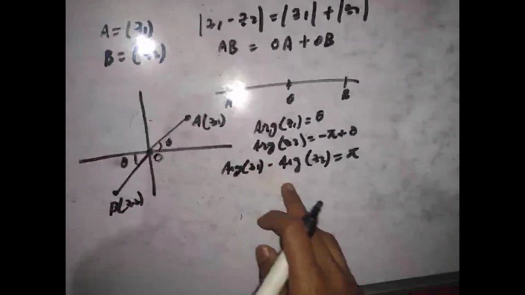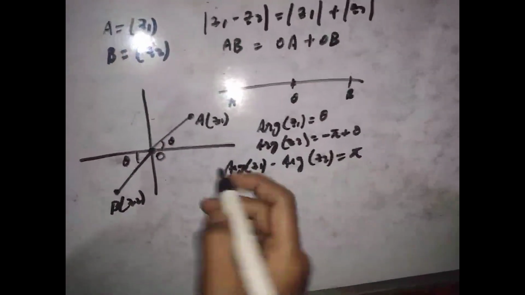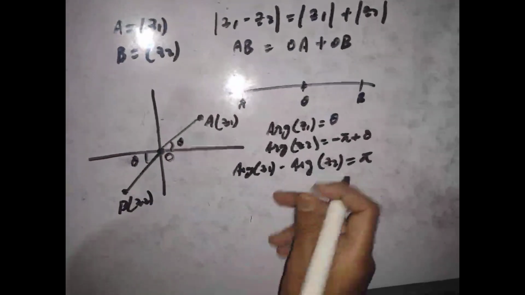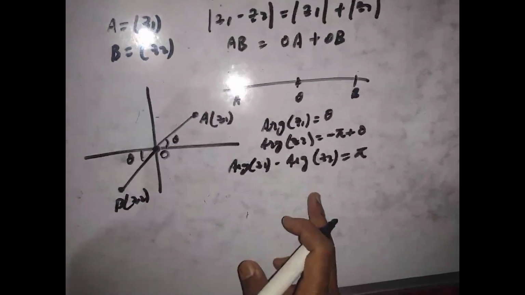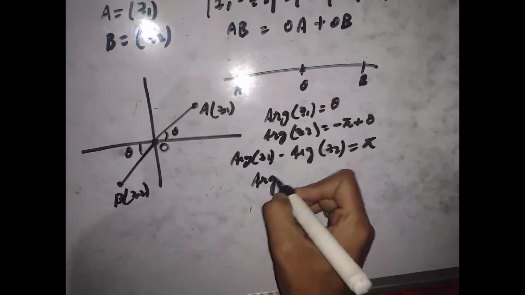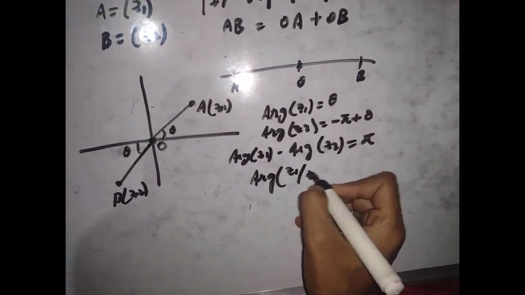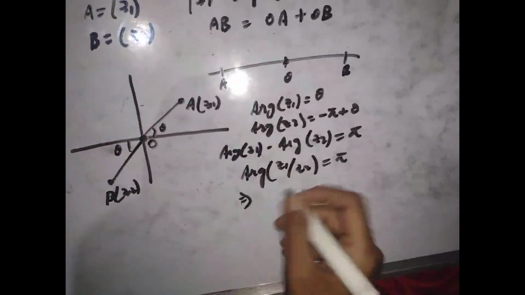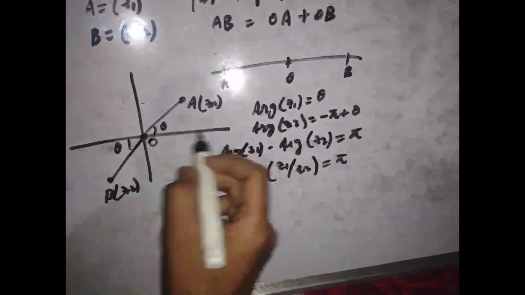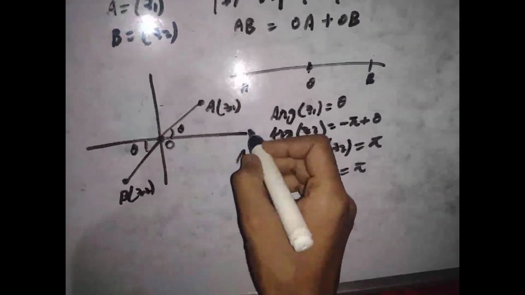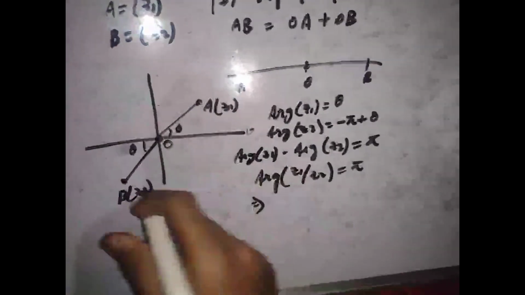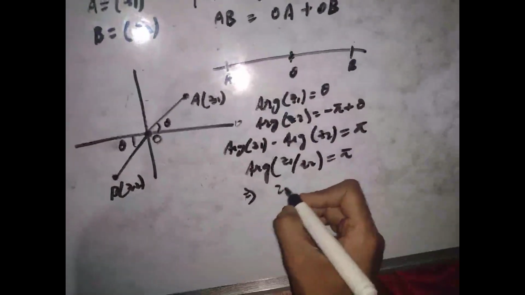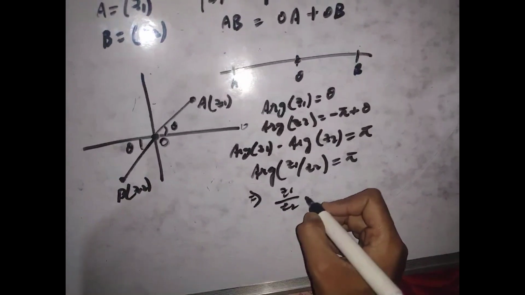Okay, which means that if the argument is pi, then we are completely somewhere on the real axis, and we know that argument follows the properties of log, so we can write argument of z1 by z2 equals pi, which implies that if the argument is pi, we are completely on this real axis, because this is 0, this is pi by 2, this is pi, this is 3 pi by 2, or in the Argand plane it is minus pi by 2. So z1 by z2 is